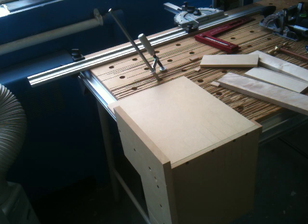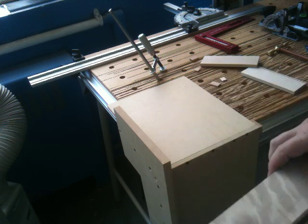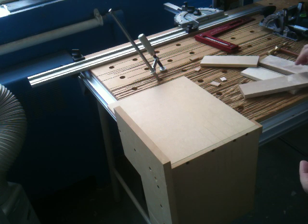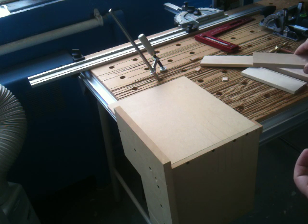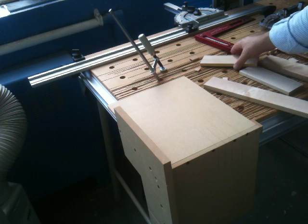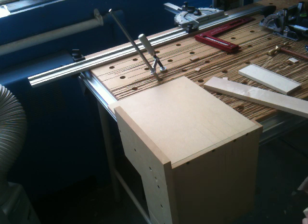Hi, it's Richard. I'm making some drawers out of this very nice birch and ice birch. And I've decided, because of their function, which is in my workshop, to use dominoes as the joinery instead of dovetailing them. And I've done this once before, and I was reminded recently of the difficulty in mortising